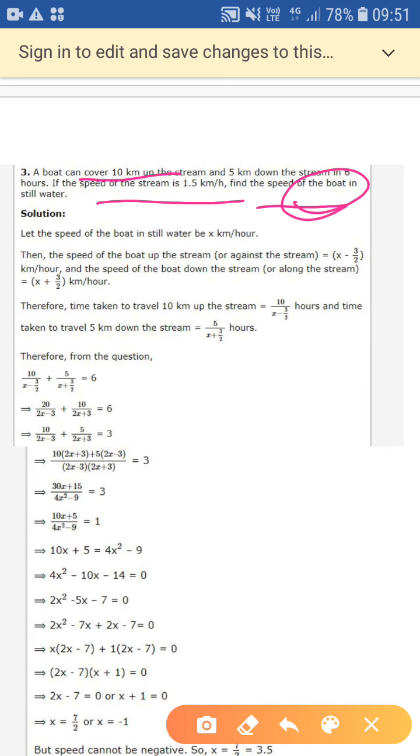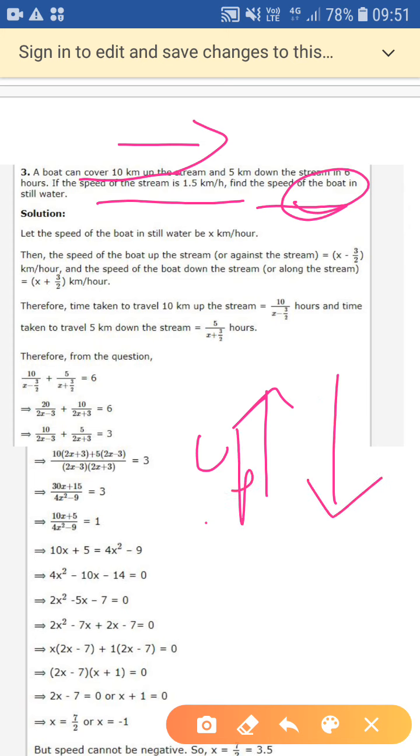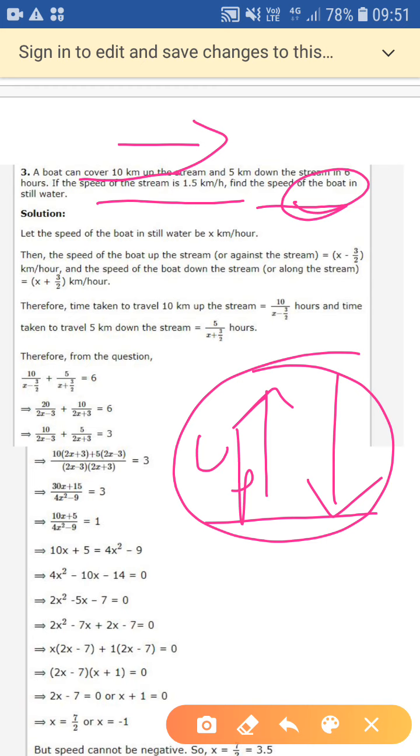So what we have to do over here, the main thing is, when the object is flowing with the speed of the current, then it is called downstream, and the overall speed increases. You can imagine overall speed increases because you are flowing with the current, and when you are moving against the current, that is upstream, then your overall speed will be subtracted. So always it is taken that the speed of the object is more. You have to take the speed of the object to be more than the speed of the current.